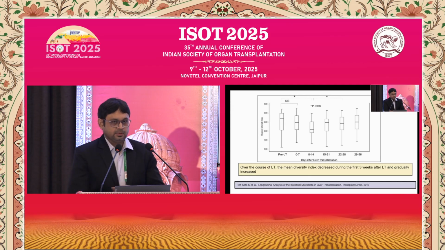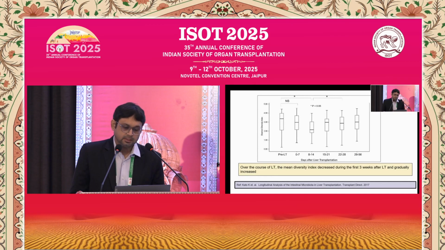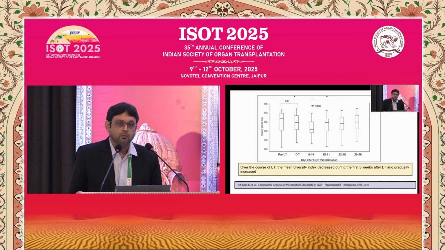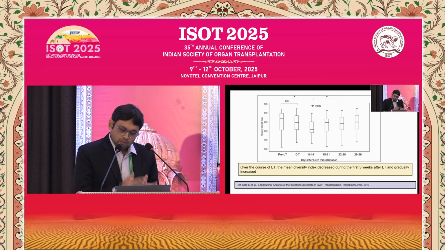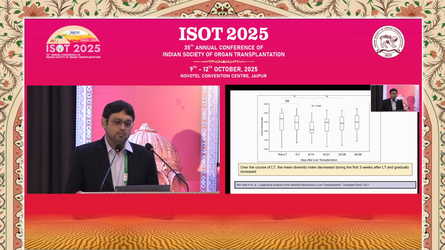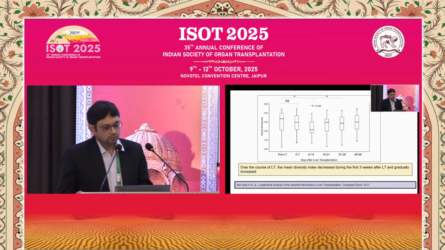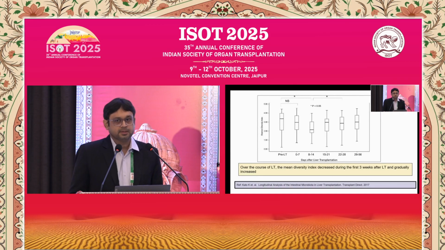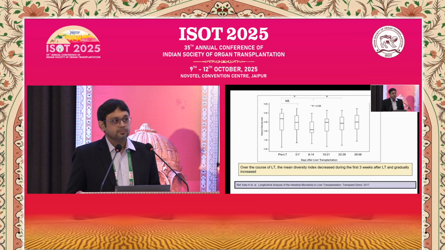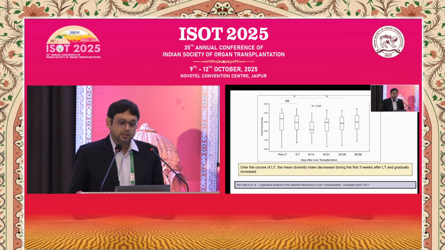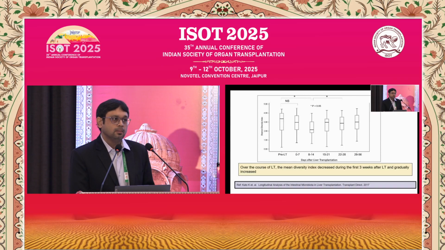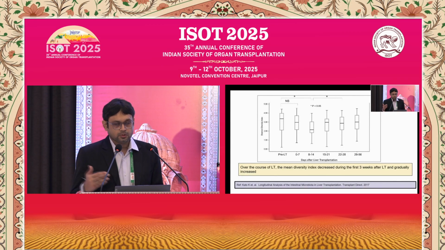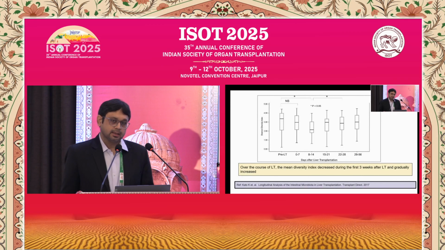Look at liver transplant patients as well. I have included studies only from the liver and kidney populations. So look at liver transplant patients, first 3 weeks post-transplant, the diversity is again going to go down. There are also studies which look at the microbiome composition during this period. So not only do you want your microbiome to be diverse, you also want it to be comprised of good organisms. So if the microbiome domination shifts from the good bacteria to the bad bacteria, then again it's a problem.